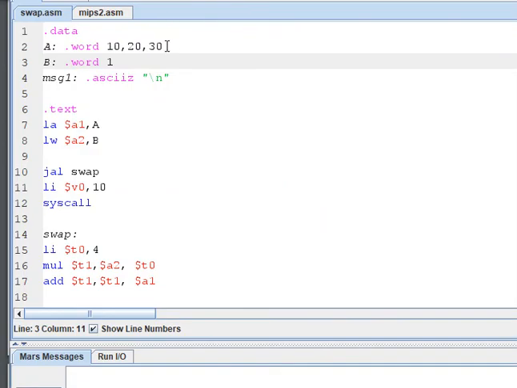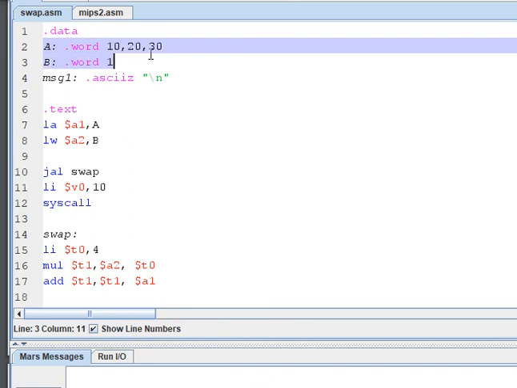Okay, for that swapping example, the function was given in C language and we are going to do it in MIPS. In the slide there are some explanations for each step, and I'm going to show you the program here. Let's assume that I have an array of 3 integers.